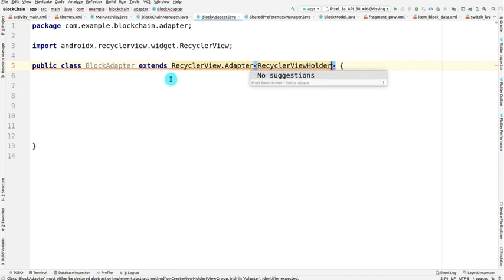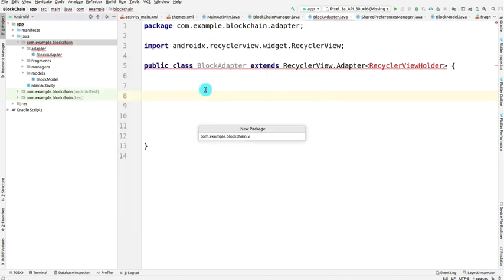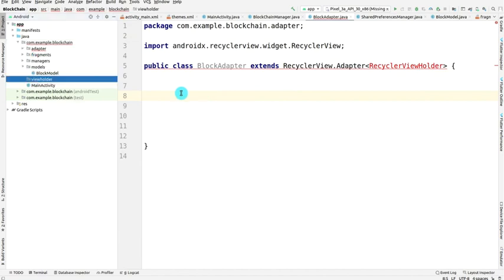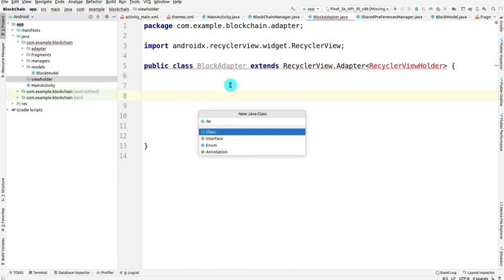Okay, so now we have to create one more package, viewholder, that is required for the RecyclerView ViewHolder, and in this we have to create one more Java class, named RecyclerViewHolder.